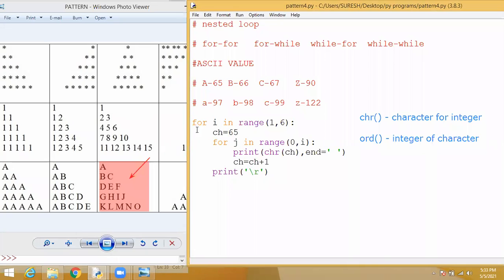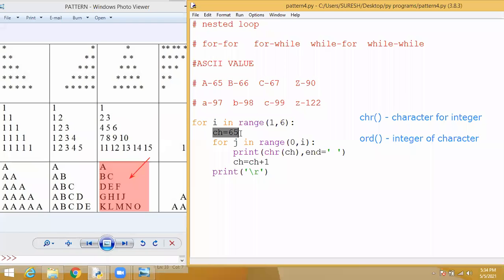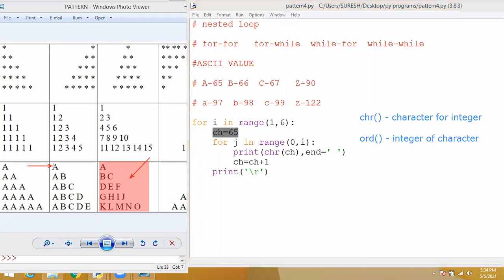No. During the explanation I also told you that this CH, which I gave here for every outer loop, is going to start with the value 65. So what is the idea here? In the previous output it starts with a. Again, the second line also starts with a. The third line also starts with a. The fourth line, fifth line, every time it starts with a. That is why I gave CH here. But in this program it is not like that. Only the very start begins with a. After that, no a comes. It keeps incrementing from the first character.